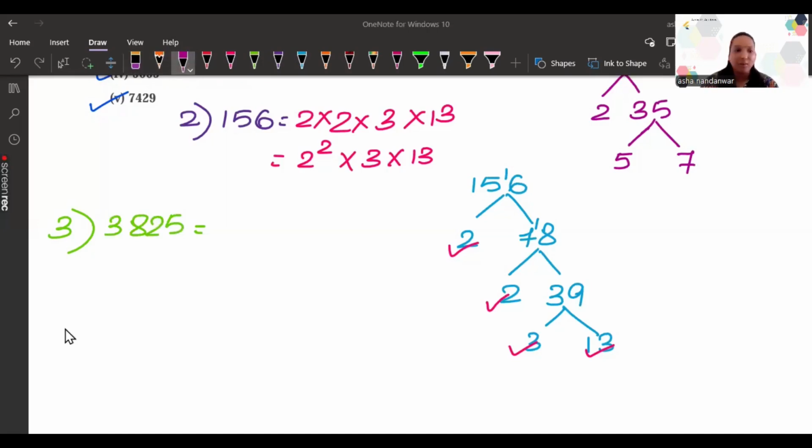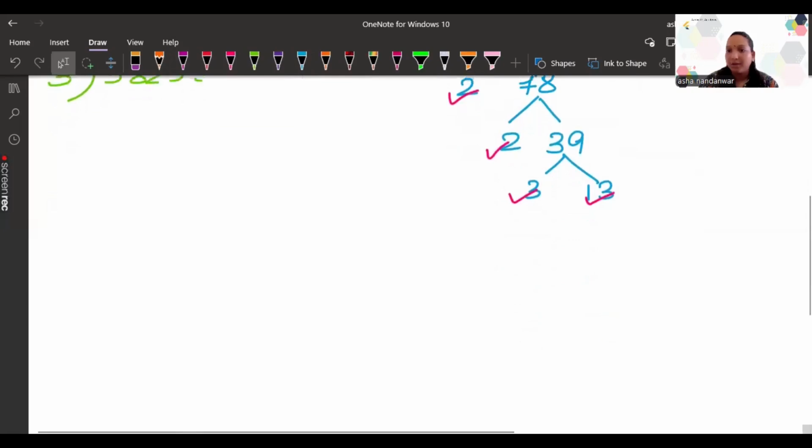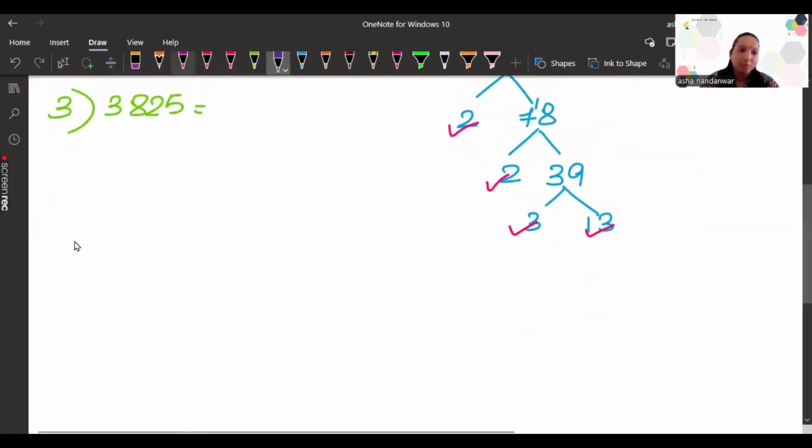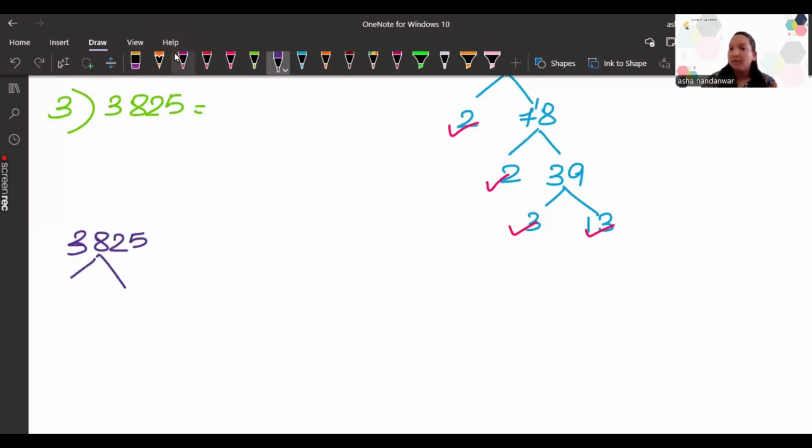2835. Let us take the next question. By taking the LCM of 2835, we will be getting the product of its prime factors. So let's try doing it. 2835. Now how will I understand that this won't go into 2? When you look at the ones place, you can see that there is the number 5. So we know this number will go in 5's table. So we will be starting with the prime number 5 itself. From the question only we have to understand which prime number we have to take. So 5 we will take first.